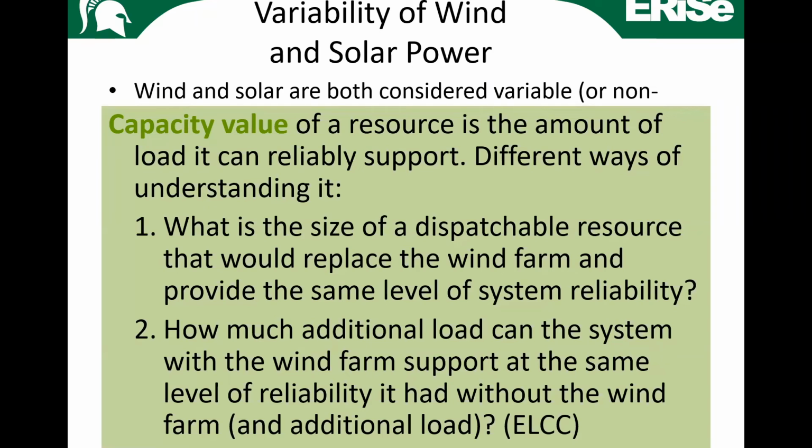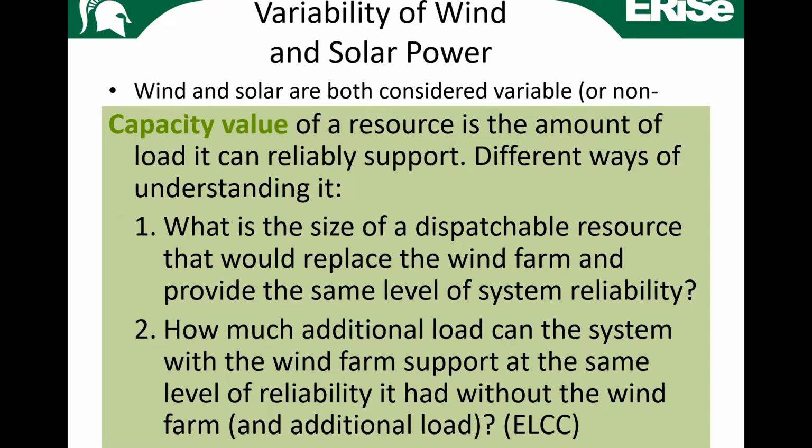So I'd like to provide a definition of capacity value. While you're reading this, I'm not going to read it out to you. I'm going to give you yet another way to visualize the numbers. So let's say there's a wind farm of nameplate capacity 100 megawatts. That is, if you look at the peak capacity of all the turbines on that farm and add them up, they add up to 100 megawatts. That's the nameplate capacity. It could have a capacity value of 20 megawatts or 25 megawatts, and that's typical of onshore wind. What does that mean?